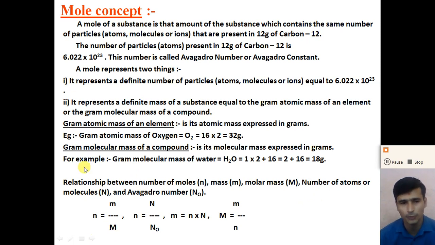So remember this formula of the mole concept. How can we find the mole? The mole is equal to the mass of the substance divided by the molecular mass, and the mole is equal to the number of atoms or molecules divided by the Avogadro number. This formula is very helpful to calculate the moles of the substance, the number of atoms in the substance, and the molecular mass of the substance, in the examples that we will discuss in the next video.